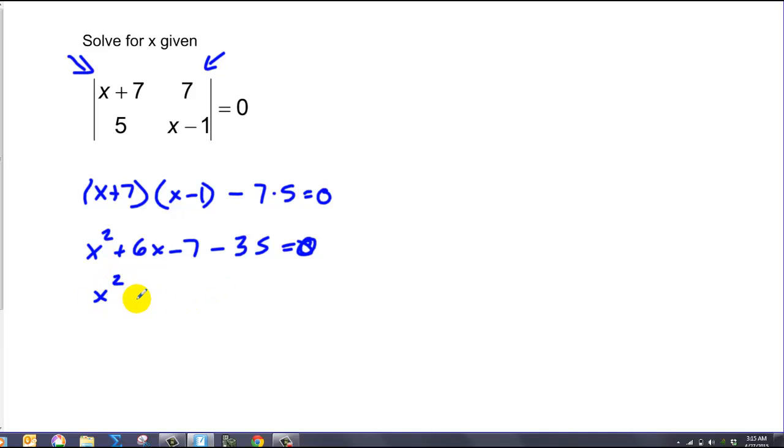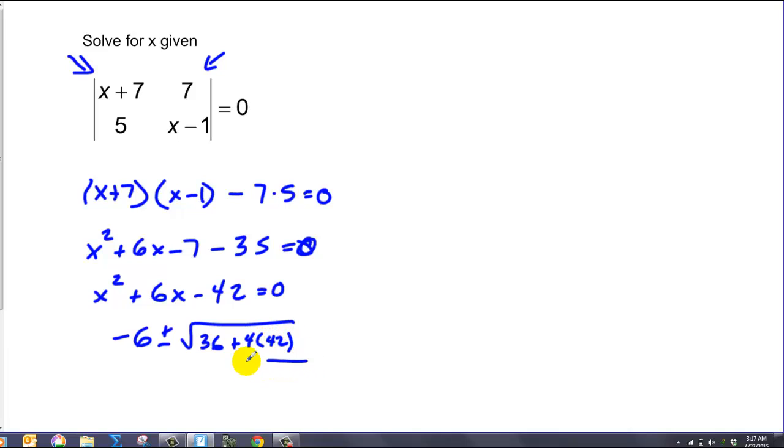or x squared plus 6x minus 42 is equal to 0. And then I want to solve for x. And since this doesn't factor, we go to the quadratic formula. So I've got negative 6 plus or minus the square root of 36 plus 4 times 42, all over 2, which is going to simplify